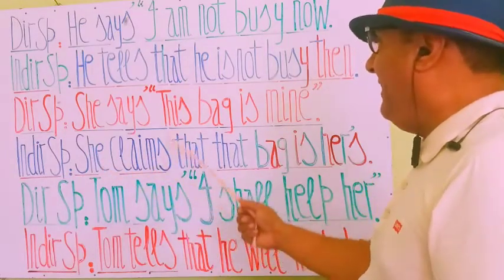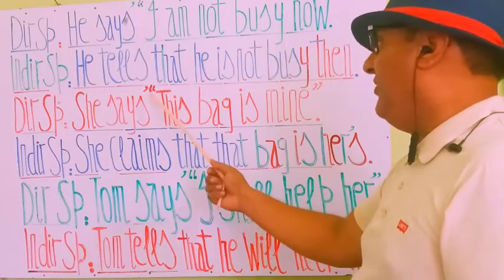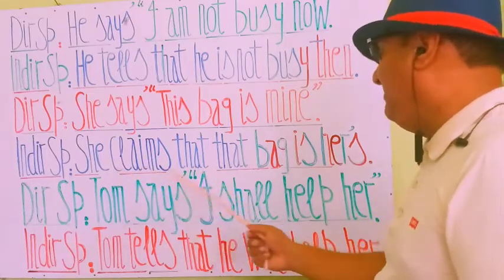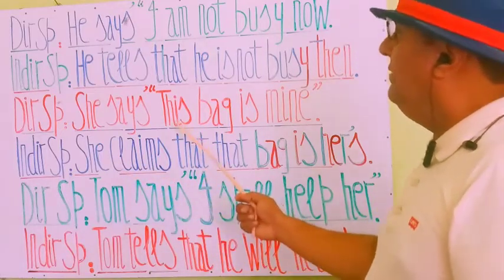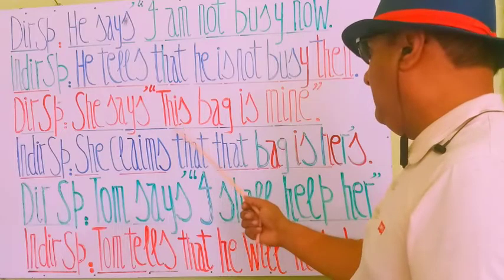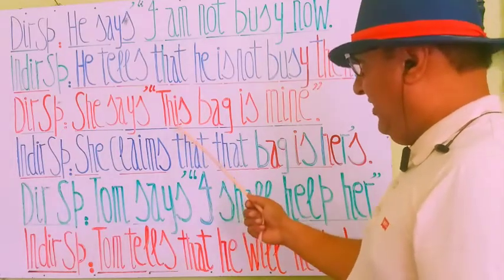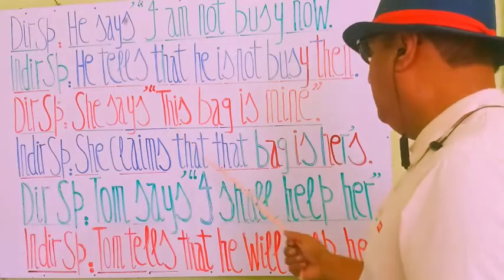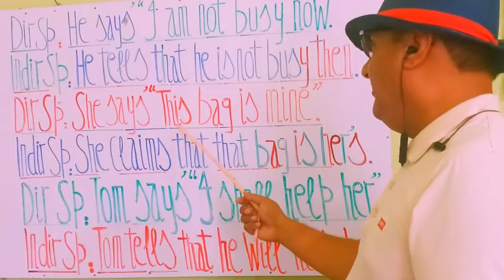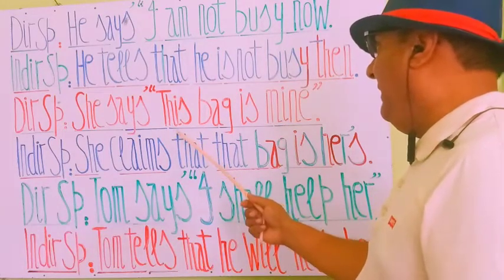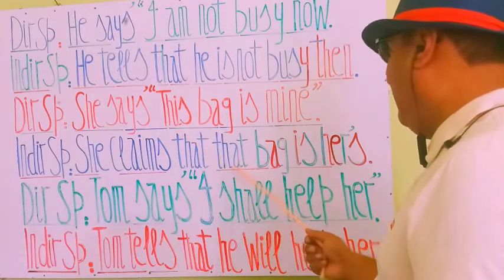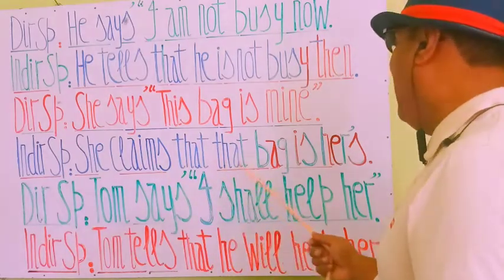And now we go to the commas. By rules, commas are removed, and we write that she claims that. Now we approach the demonstrative pronoun, demonstrative adjective this. By rules, this is going to change to that. If there is a this in the speech inside the commas, we have to replace this by that. So she claims that that bag